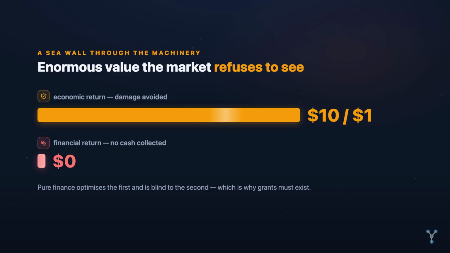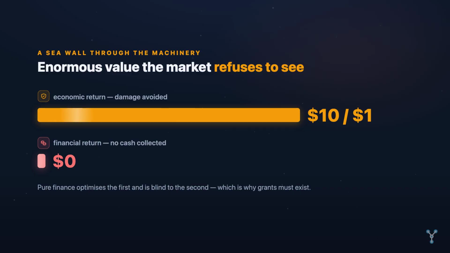This is not a flaw you can argue away with a better spreadsheet. It's structural. And it's the deepest reason public money, grants above all, must exist to fund the enormous economic value that the financial machinery simply cannot register. When you make the case for an adaptation project, you're really insisting that people look at the number the market